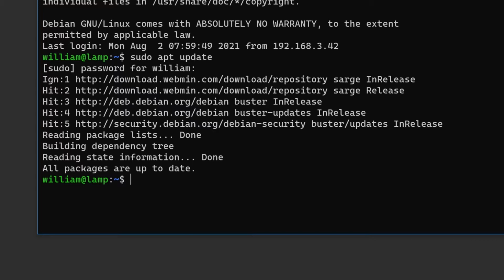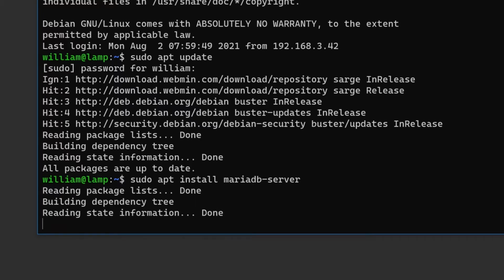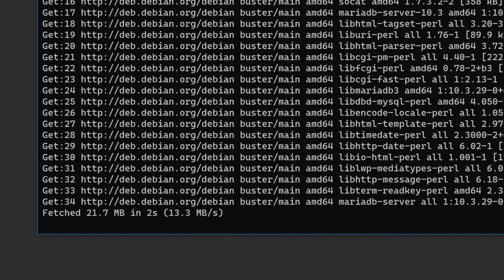To begin installation, enter sudo apt install mariadb-server. There's a bit to install, so be patient.